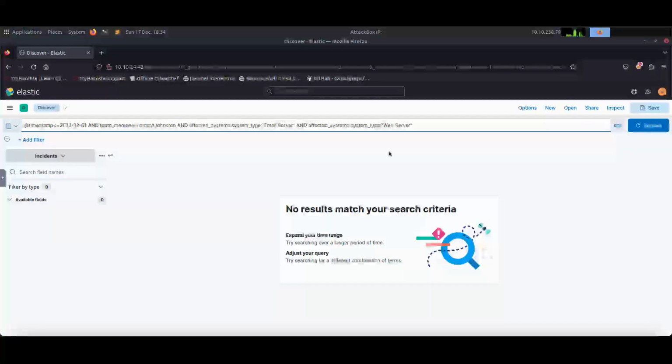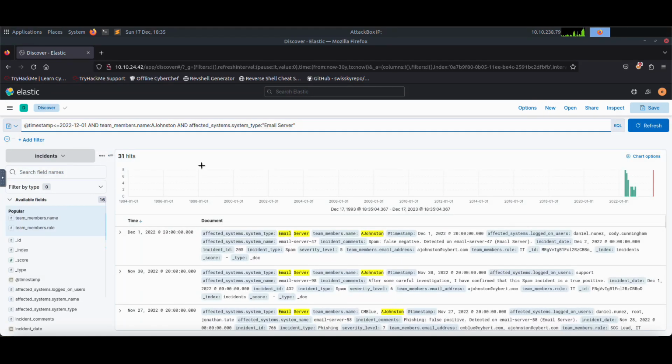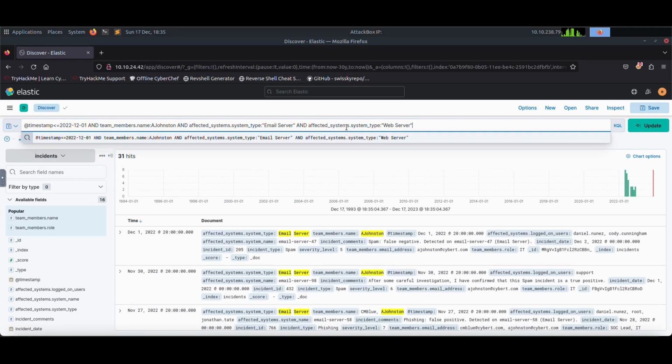What is the mistake here? What is the mistake here? Let's try to delete it. Click on enter. So our mistake is about this part,